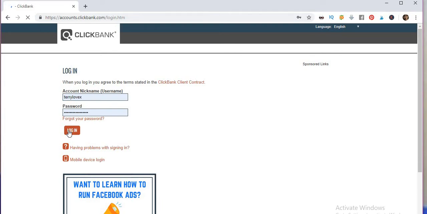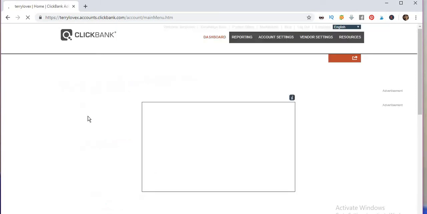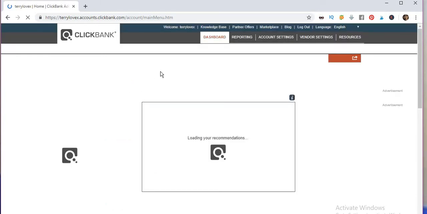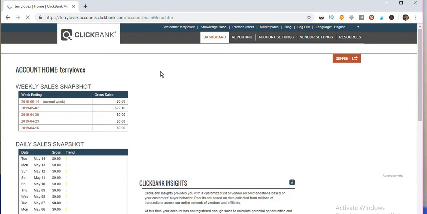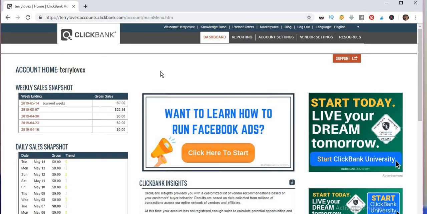As you can see, I'm here right now logging into one of my Clickbank accounts. I'm going to press login. My internet is moving a bit slow, but I hope it all works out so I can show you what you need to do. So I'm inside one of my Clickbank accounts. When you have your Clickbank account created and your email verified, on your Clickbank dashboard you're going to see the page look just like this. Okay, so what you need to do next,